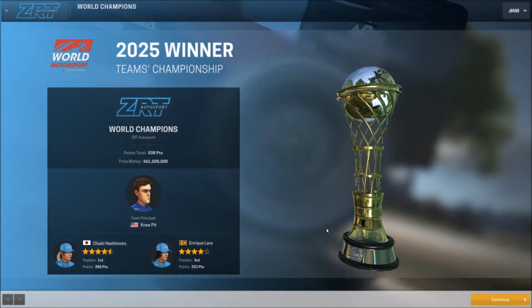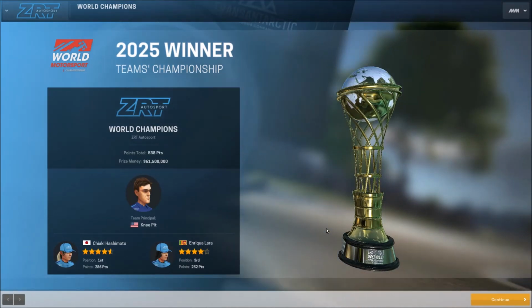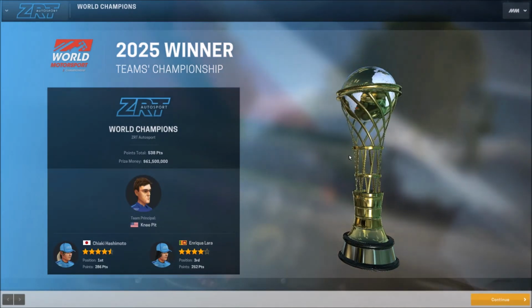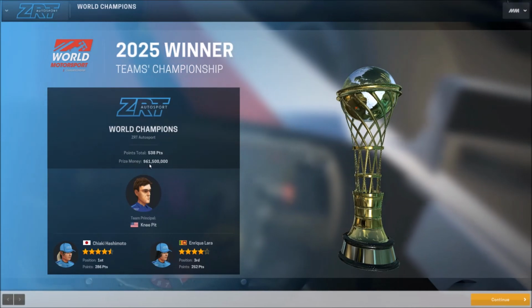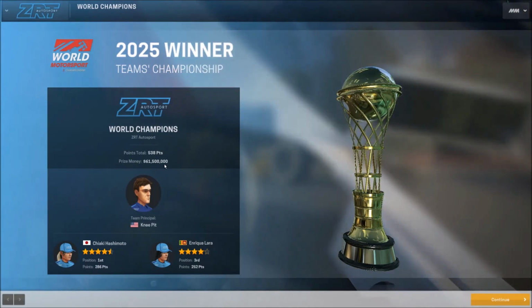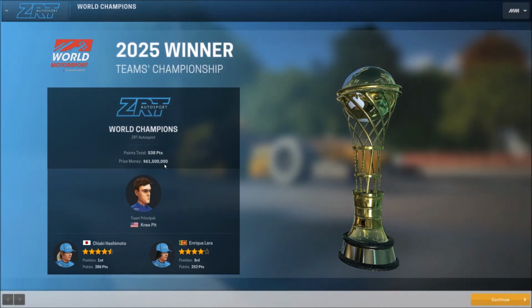team championship. And if you look closely on this screen, not only does it show you world championship and it shows you the trophy and all of that, it shows you the prize money, $61.5 million for winning the title. Now tell me you can't put that